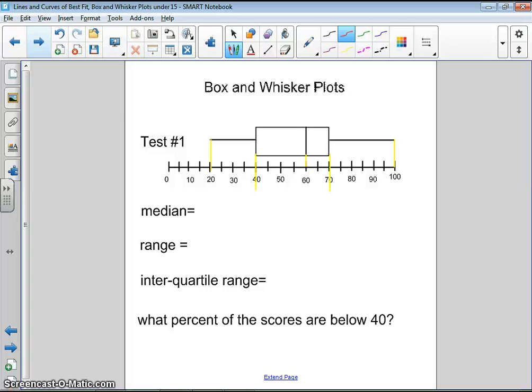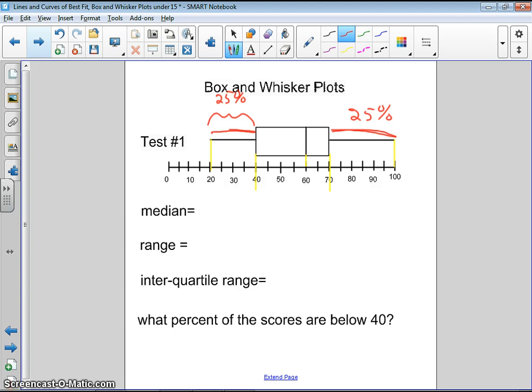And box and whisker plots are interesting things. First of all, these are the whiskers. Right here is one whisker, and over here is another whisker. And these whiskers represent 25% of the scores. 25% of the scores within any data set is